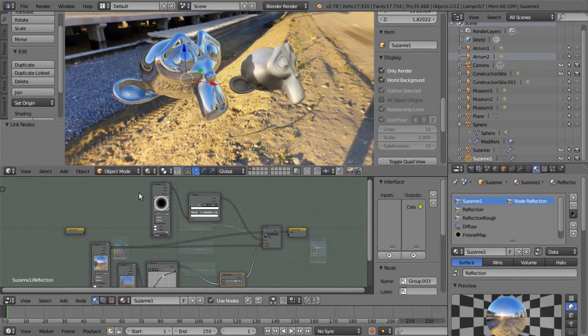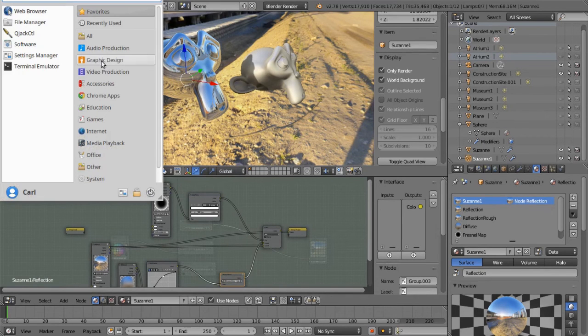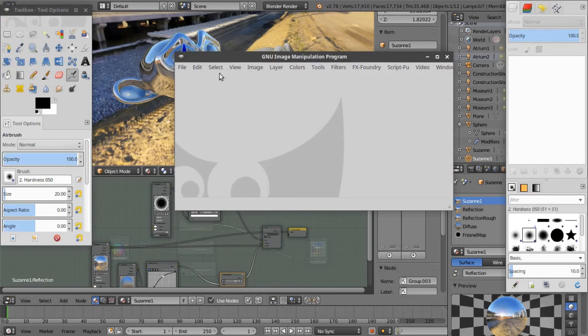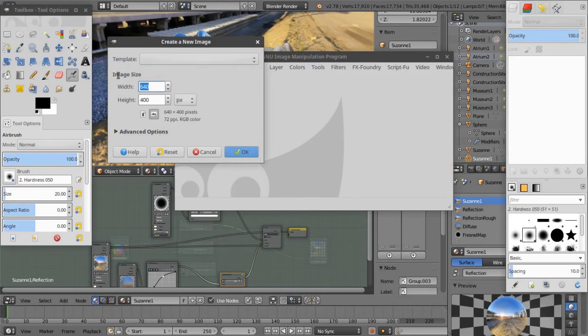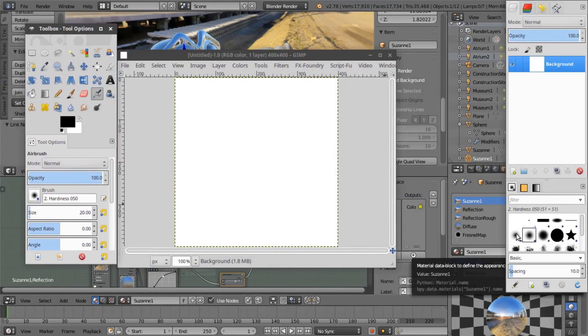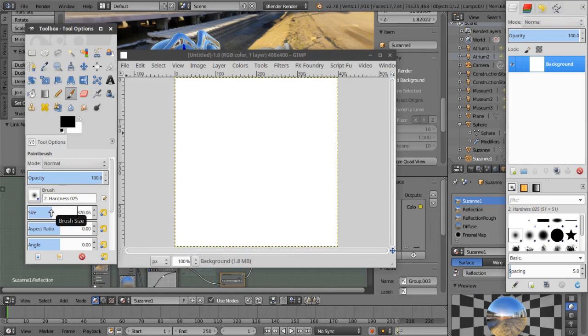All right. First things first, we need to generate this Fresnel map. So here's how we're going to do it. We're going to open up GIMP or any other photo editor. We have to make an image, and we'll just make it 400 by 400. It's a fairly simple gradient. It's white. We need to select this fall off brush over here that's got a fairly gradual fall off. We're going to select the paint brush, and we're going to increase our size up to just under 400. So let's say about